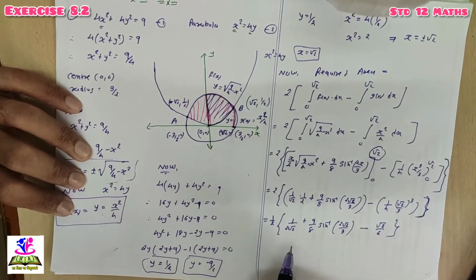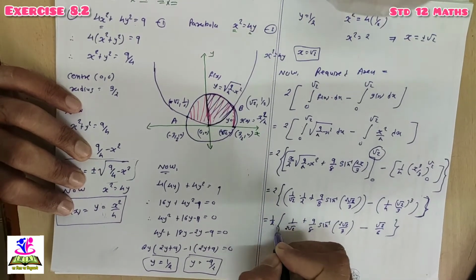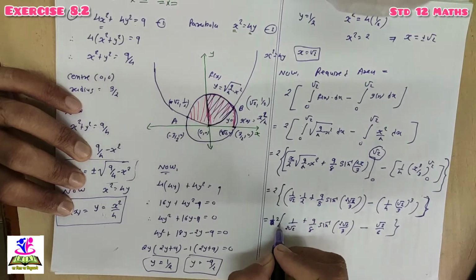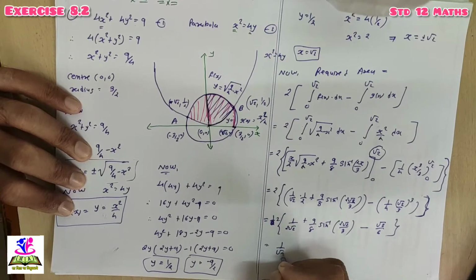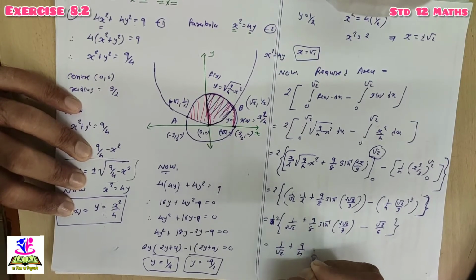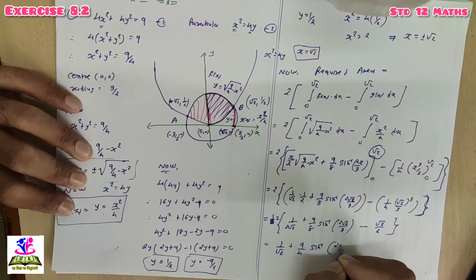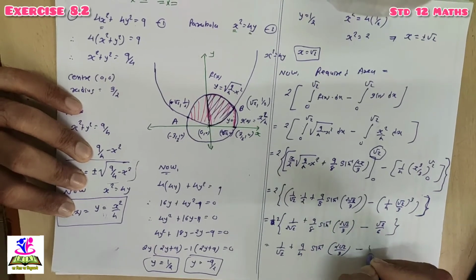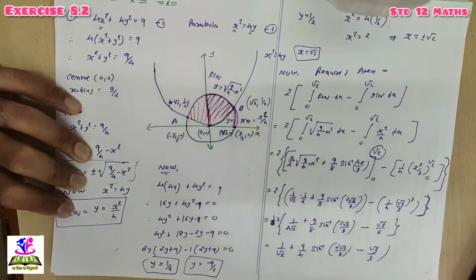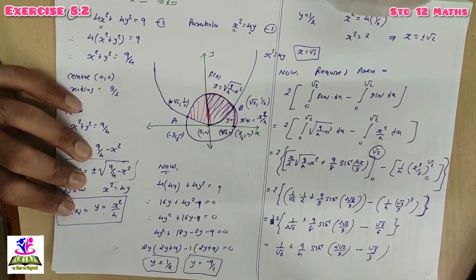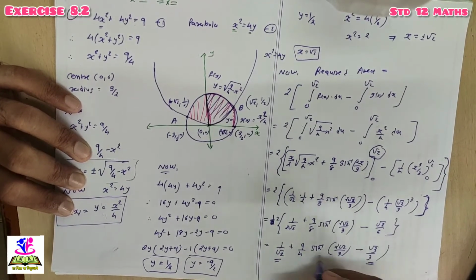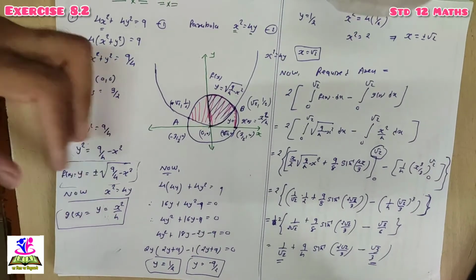Complete this bracket. Now again this 2 was in multiplication. Now multiply this 2 with all these three terms, so it will be 1 upon root 2 plus 9 by 4 sin inverse 2 root 2 by 3 minus root 2 by 3. Done. So this is your final answer. And to get the answer given at the back of the textbook, simplify these two further, right, and the answer you get after taking the LCM will be your answer.